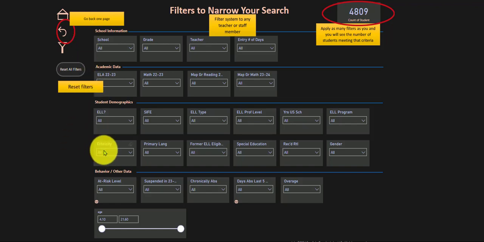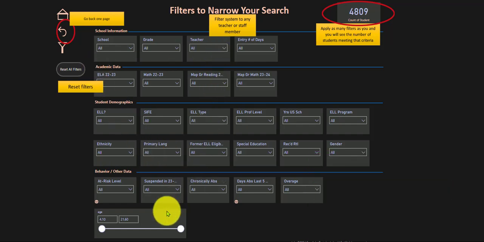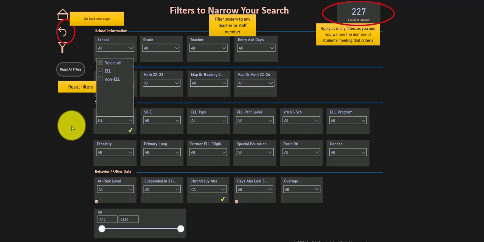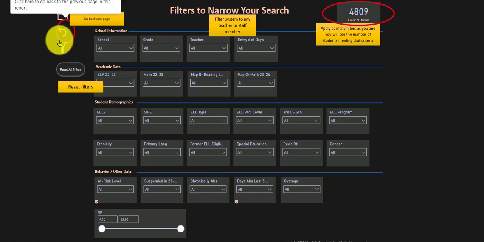Okay, and you could also filter the entire system by a particular ethnicity of the students. You can filter by EL proficiency level, students who were receiving RTI, by gender, primary language, anything here, and you can apply multiple filters. So if we said, I want to see students who are chronically absent and they are English language learners, I can go ahead and do that. And there are 227 students in this school district that are ELs and chronically absent. Okay, now we're going to go back